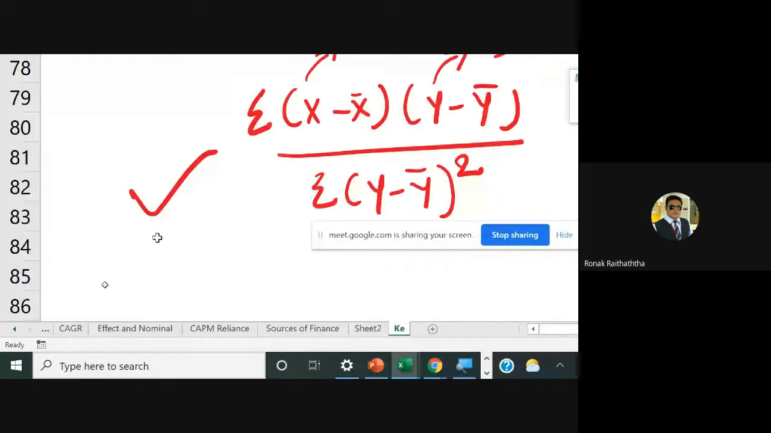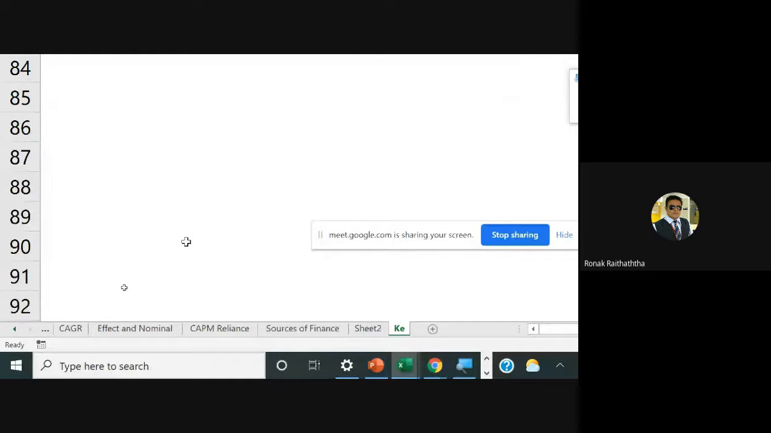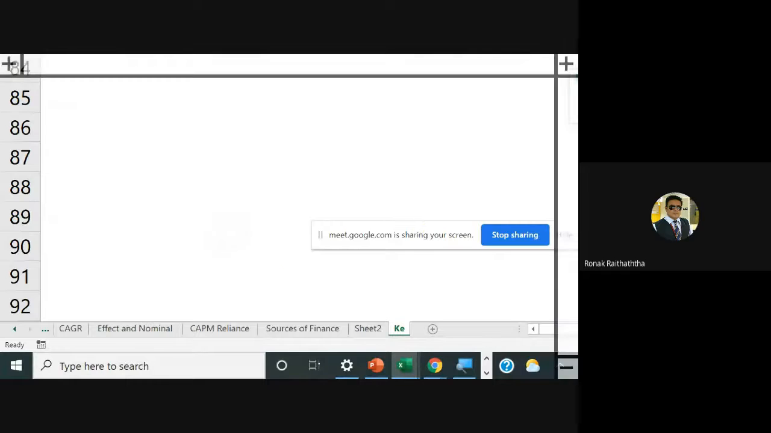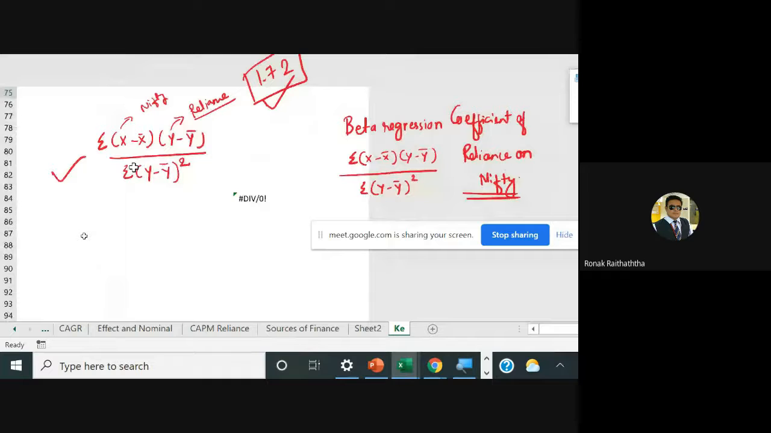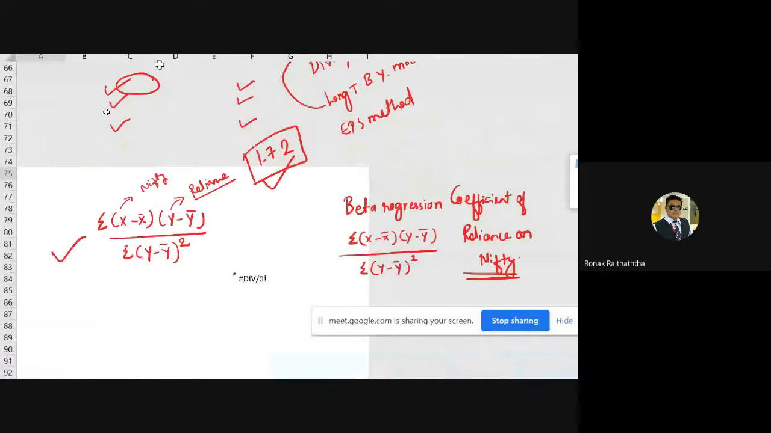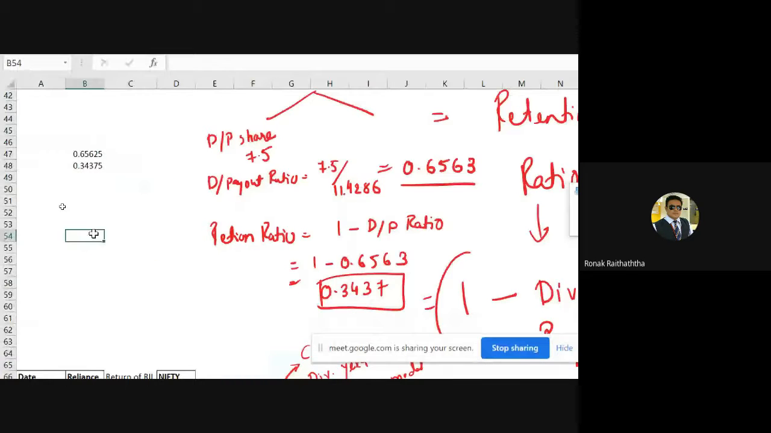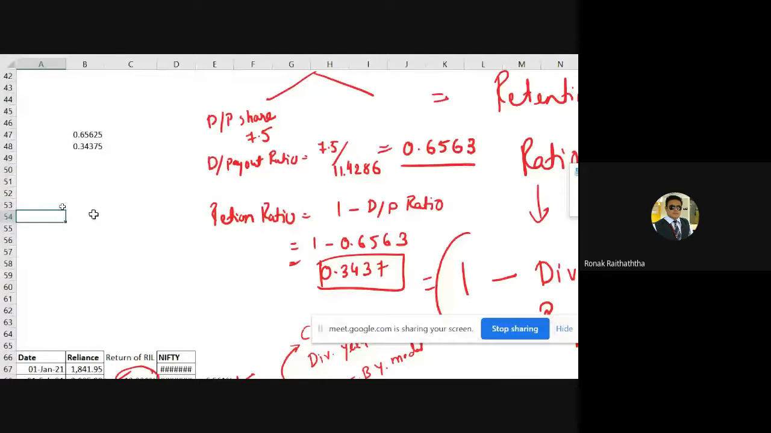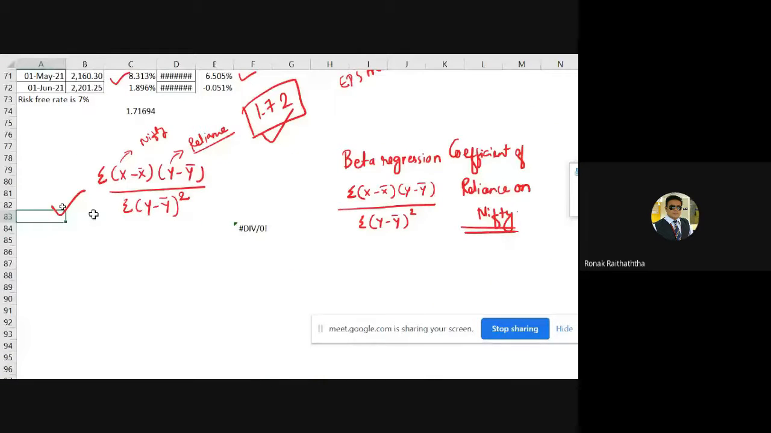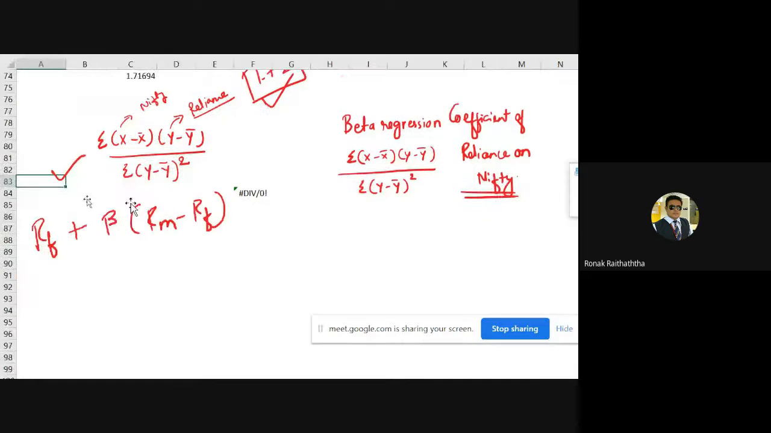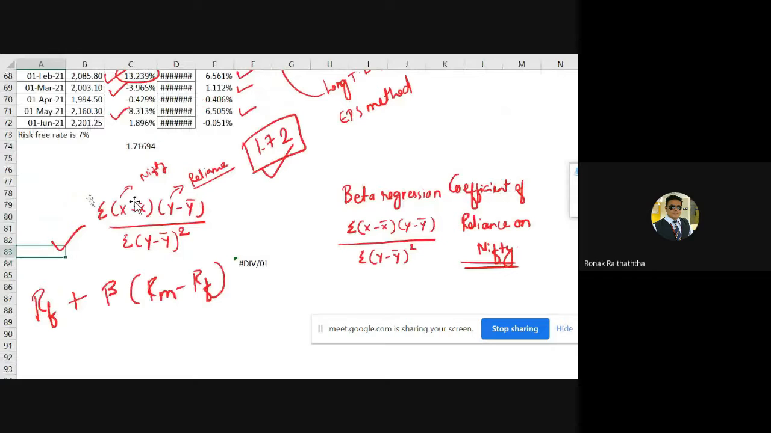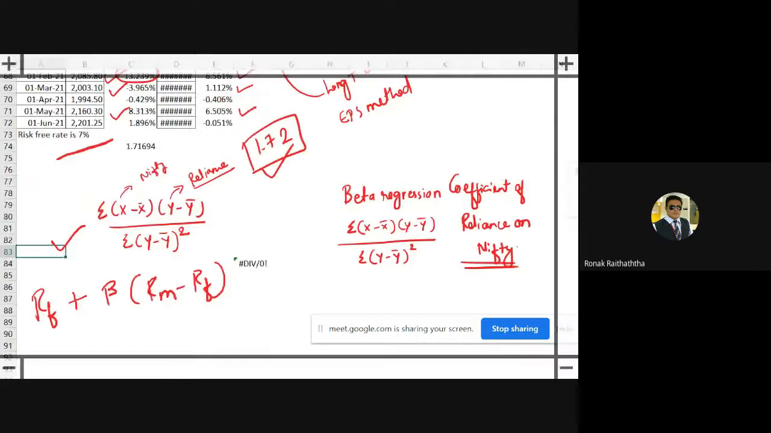So now you can find the, just a second. Now you can find the expected return from Reliance from this data, no, by using the CAPM model. So RF plus beta in bracket RM minus RF. So sir, what will be the RF? So RF, I told you that risk-free rate is 7% in this case, right? So I'm taking 7%,